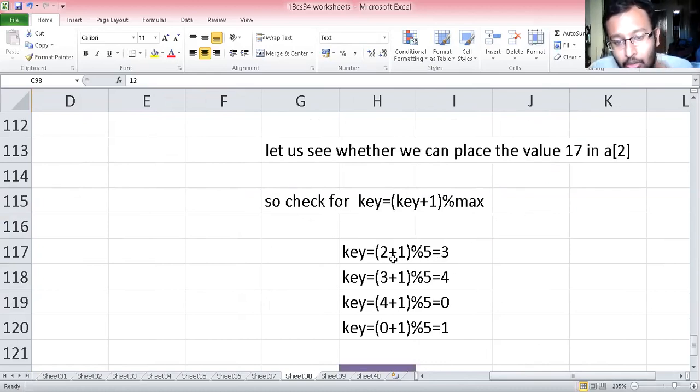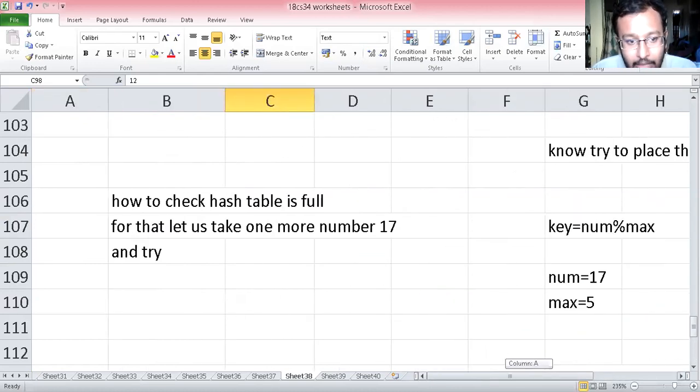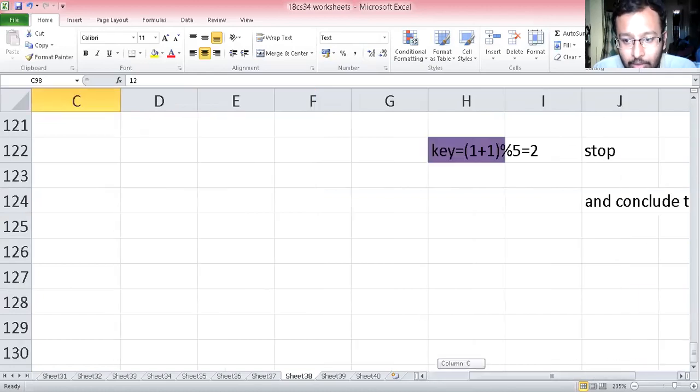How? 2 plus 1, the answer is 3. Even here you cannot insert, because all the array's values are filled. In A[4], you cannot insert. Again, 4 plus 1 is 5, 5 mod 5 is 0. In A[0], you cannot insert. Again, go to 1. In A[1], you cannot insert, because all the array locations are filled. Next, what do you do?